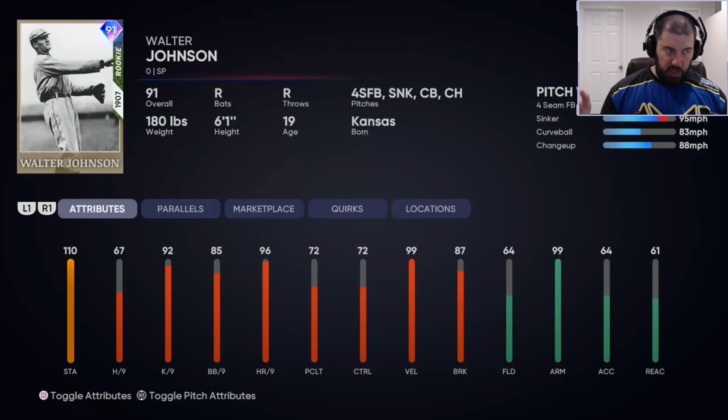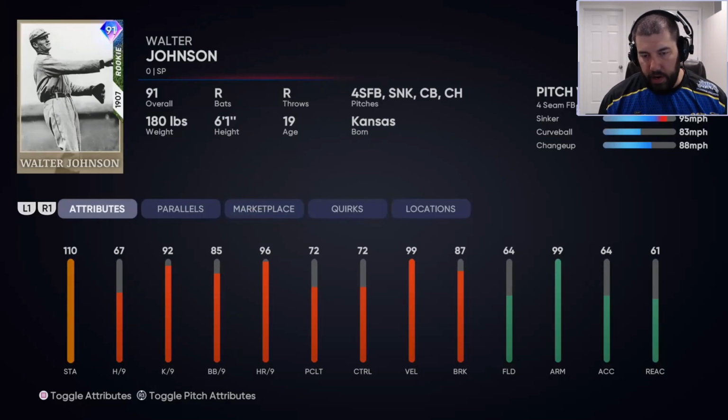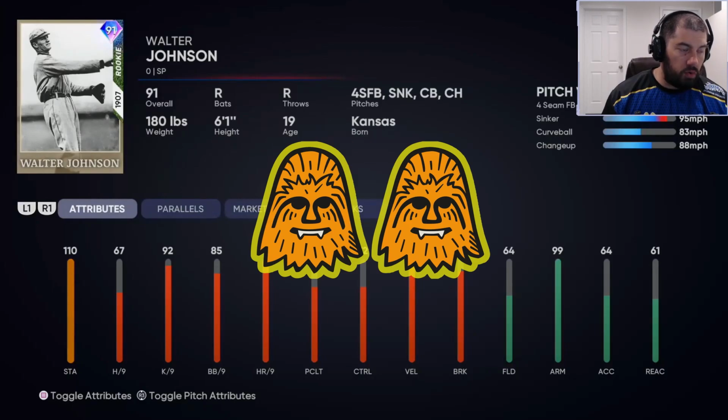It doesn't matter what his release is. It doesn't matter what he does. 67 hits per 9 is not enough at any type of level. He's going to get smacked around. It doesn't matter what anything else says. So that's why we're going with 2 Chewies. I'm not going to give an in-depth true review. Normally I do, but